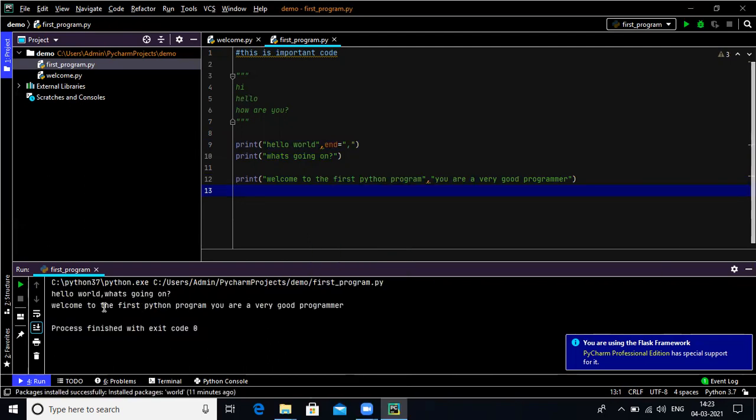Now one more thing: we'll see the first program, and after that the print function with multiple statements, and then the newline character, that is the end character. After that we'll see some escape sequences. Now what do escape sequences mean?